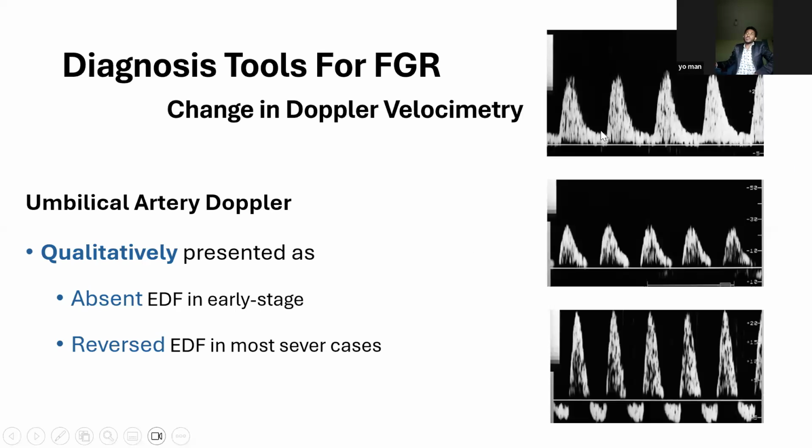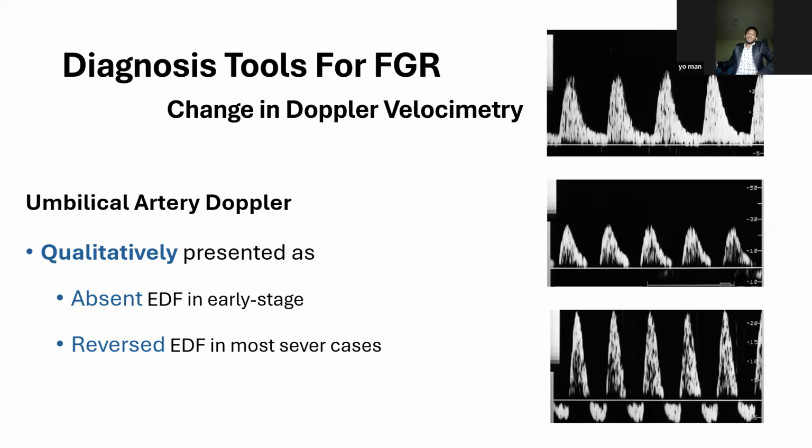If there is a diastolic flow, consider it normal, and don't calculate the PI and other parameters. But that's not true. Even if you see a diastolic flow, it could be reduced, and this could indicate the early manifestations of